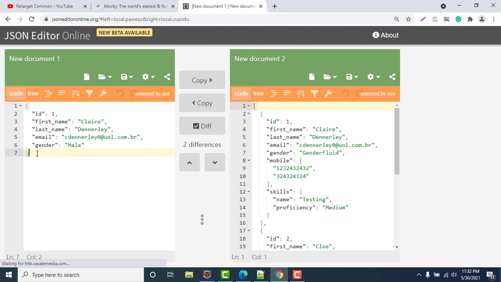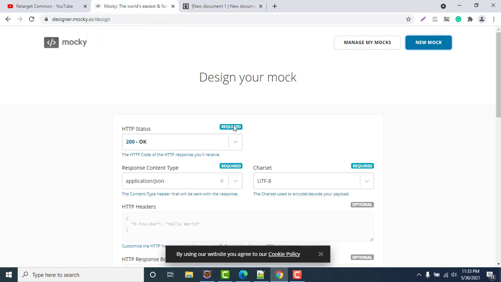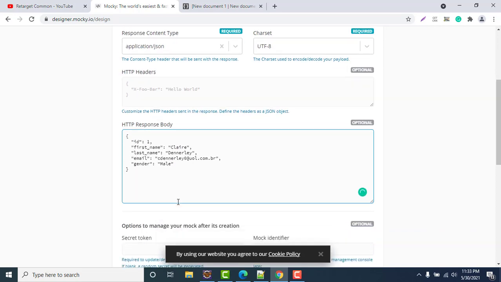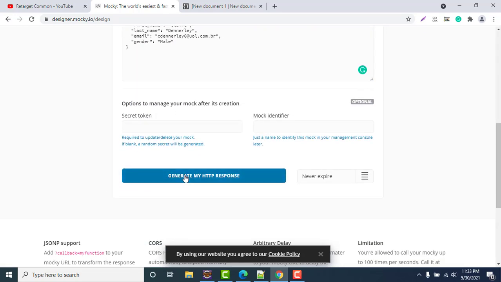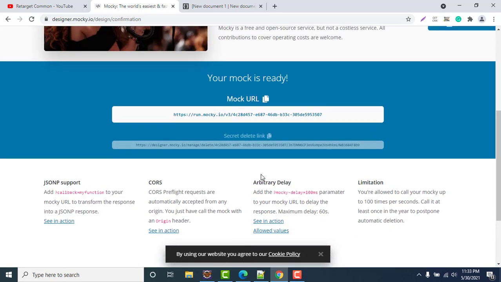What I will do is, suppose this particular response I am getting from an API, and that response I want to convert to a map so that I can easily get the values from this response body. So let me copy it and go here, 200. Let it be the same and just change the response body, and generate it. So we got one mock response, a mock API, which will give me the desired response body.